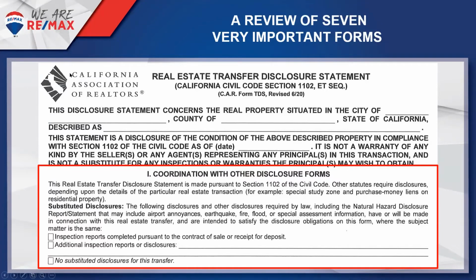It won't have the California Association on it. It won't have CAR TDS. It won't have this on it, but it'll have all of this. It'll look exactly like this. Okay, so the Civil Code, they passed the TDS law and they required the seller to answer a bunch of